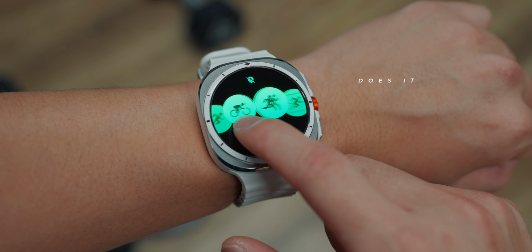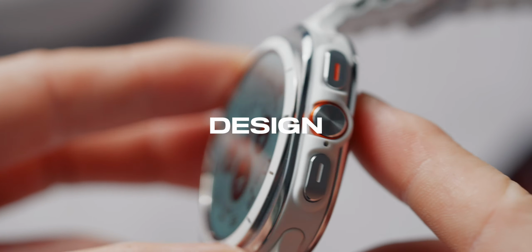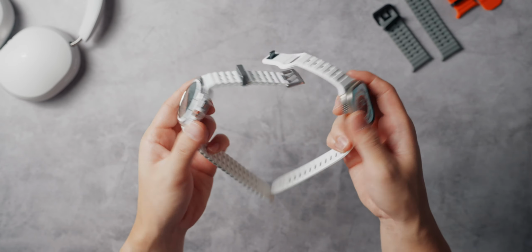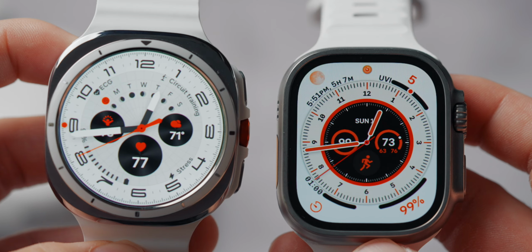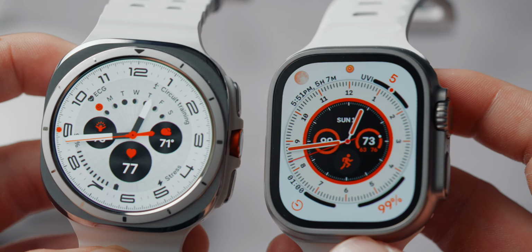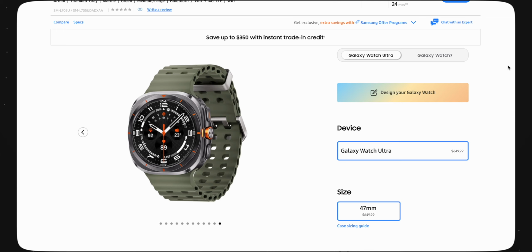Design-wise, the Galaxy Watch Ultra is a 47mm watch with a circular design. At first, this watch seems bigger than the Apple Watch Ultra, but the Ultra is actually bigger at 49mm. My initial impressions of this watch is that it's big, but not too big to the point where it looks silly. The Galaxy Watch Ultra starts at $650 compared to the Apple Watch Ultra at $800,